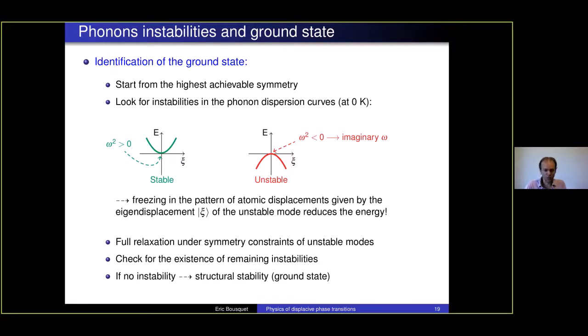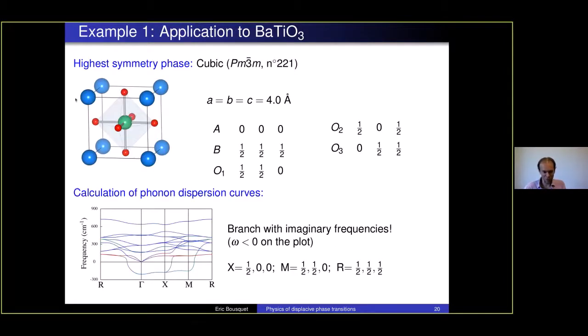Okay, so let's do that in barium titanate. In barium titanate, we have this cubic phase initially. We start to initialize the DFT. Basically we need the initial cell parameters and the atomic positions. So we can initialize the cell parameters and the atomic positions coming from the experiments if we have them. And then we can impose the cubic symmetry in your calculation. So it means we impose at 0 Kelvin the cubic symmetry. And because this cubic symmetry is not the ground state at 0K, we're going to see that there are ways to lower the energy of the system.